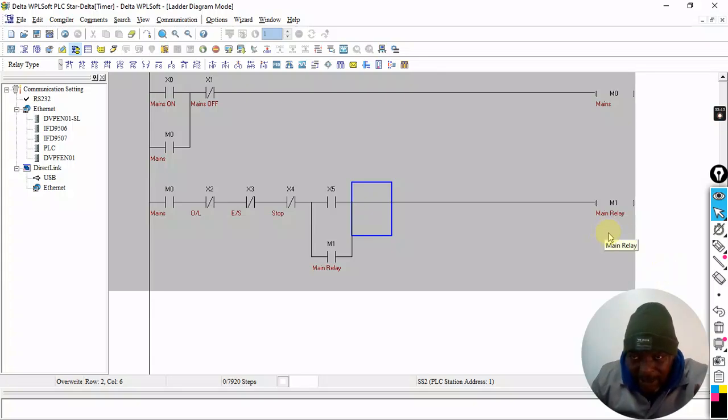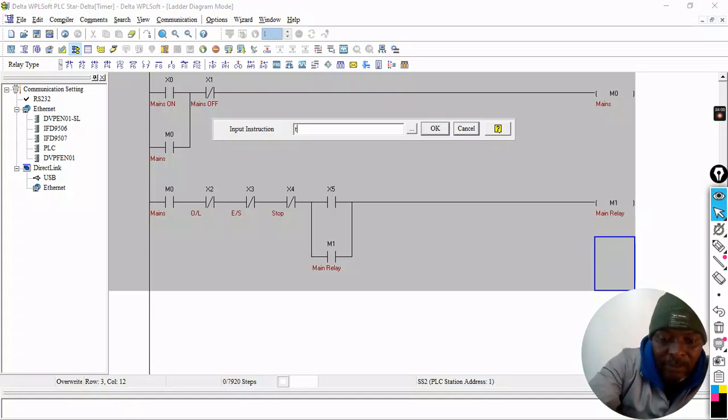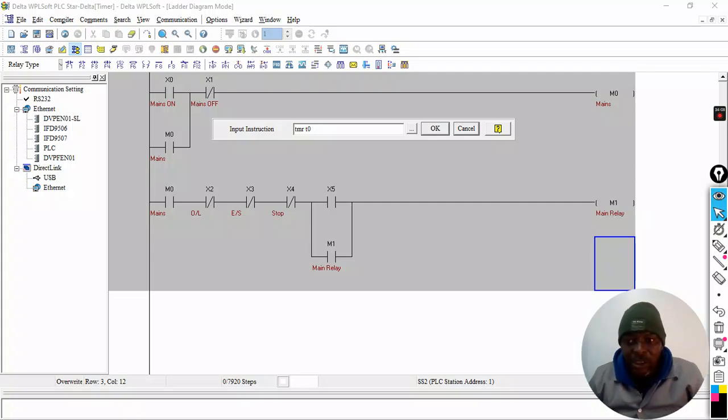Then I come in and say, but my timer can run at the same time with the what? With the what call this? Main M1, main relay can run at the same time. It's supposed to energize the what? The timer. So I can come and say TMR, and then I can say I will use T0. Then I'll remember when you dealt with the timer there that is resolution, and T0 to 263 is all 100 millisecond